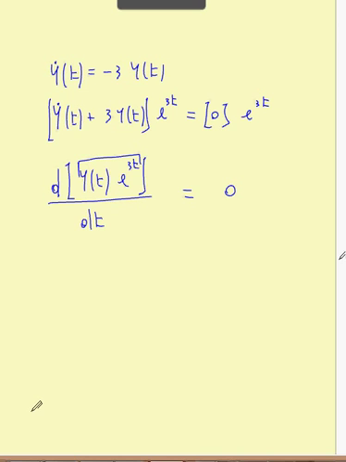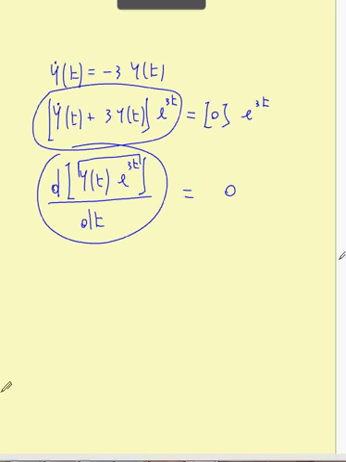So the derivative of the first is y dot t, by definition, the derivative with respect to time. The second is e to the power of 3t. Now, this is not enough. We need to add the first, y of t,